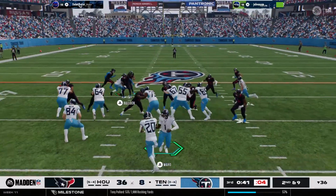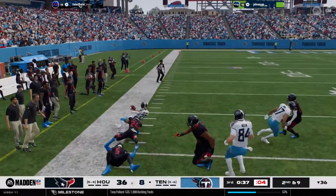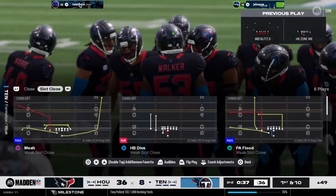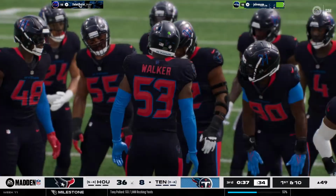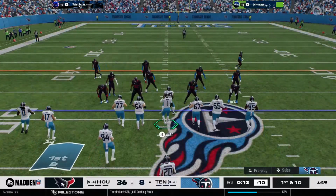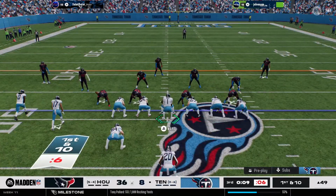Ready? They give on second to Pollard. And he's going to just get this across midfield before he's taken out of bounds. He finds him 16 yards and a new set of downs. Danger, Kate. Danger, I say. You get this guy in the open field, and he is dangerous to take it to the house. First down,